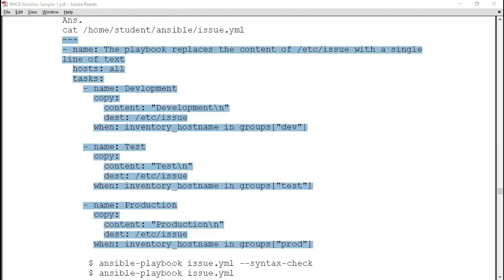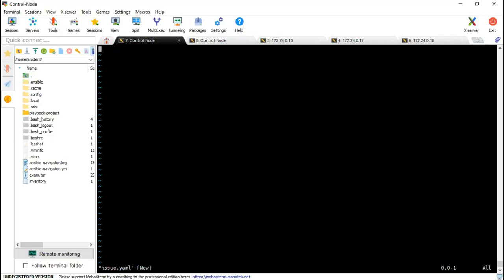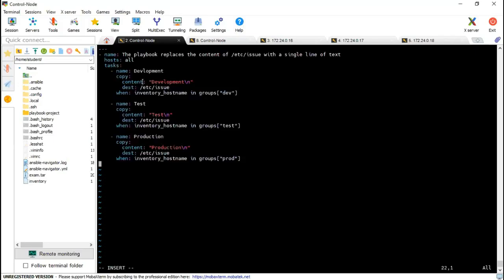It's all about the magic variable, which we discussed some time ago. So as per the question, it should be printed on all managed hosts. So instead of all, I will use server A, server B, server C, right?